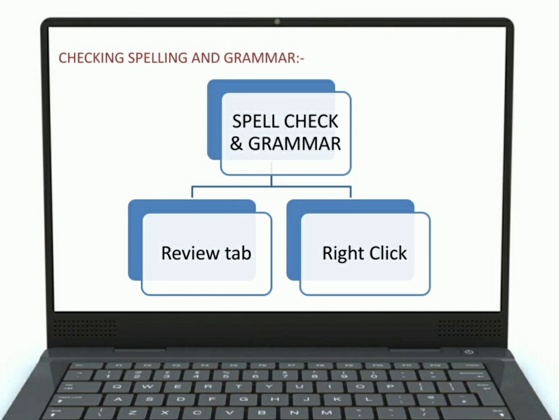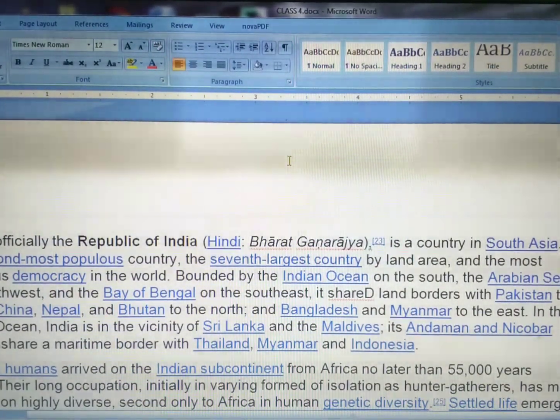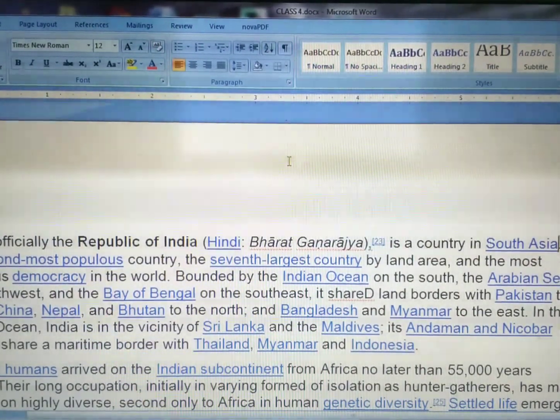So let's see how spell check and grammar works in Microsoft Word practically by these two ways.